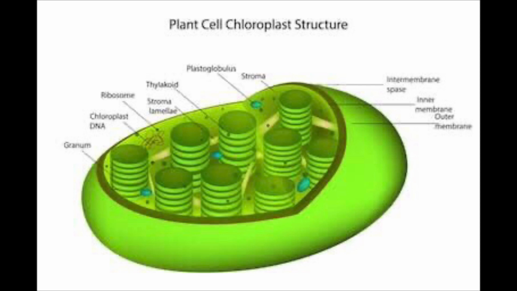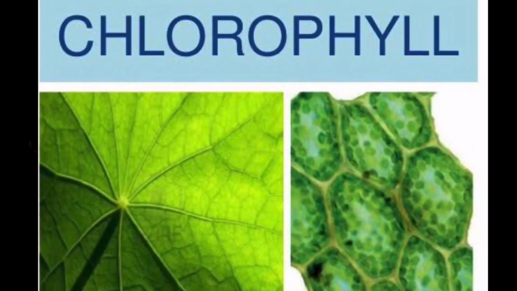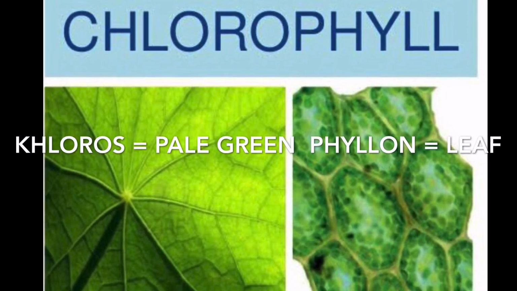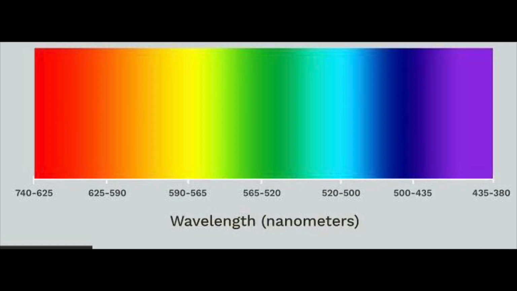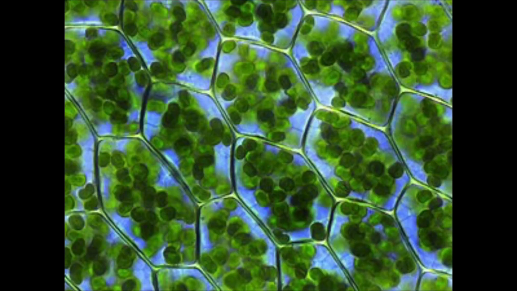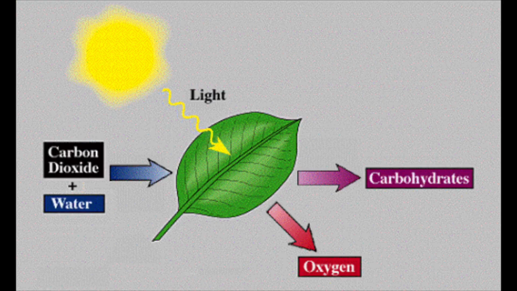Chlorophyll is derived from the Greek words. Chloros means pale green, phyllon means leaf. Chlorophyll pigment cannot absorb green light from the visible spectrum. It can only reflect it. So it appears green in color. So finally we can conclude chlorophyll is a macromolecule which captures light. It acts as a facilitator in the process of photosynthesis.